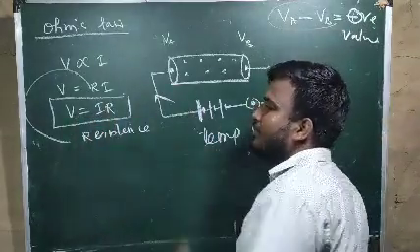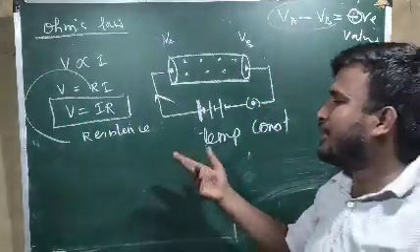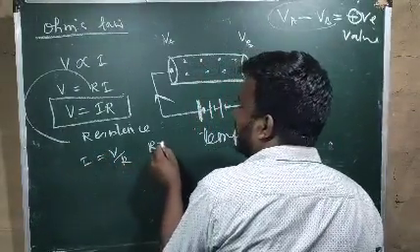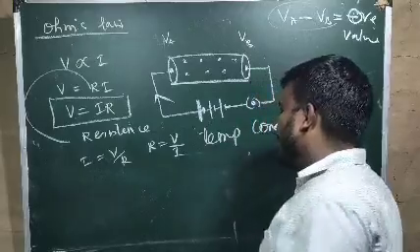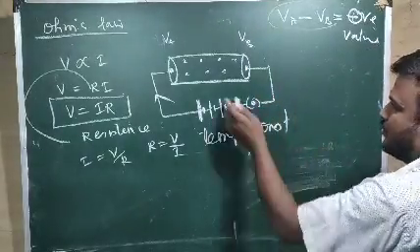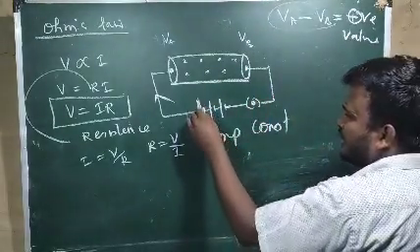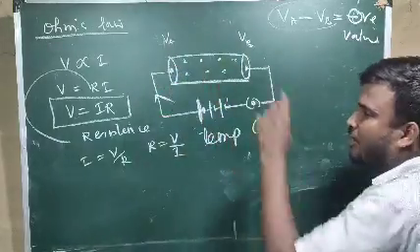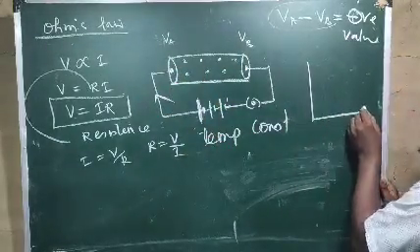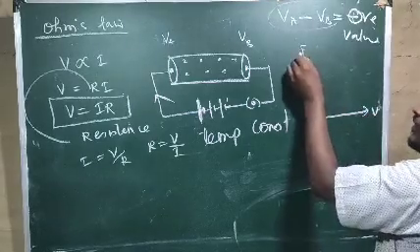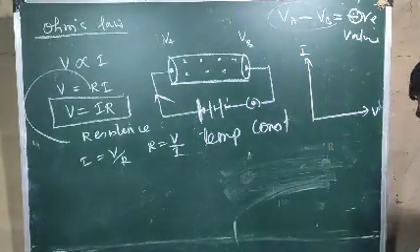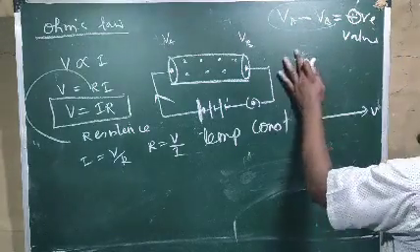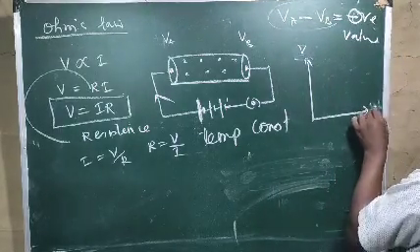So V equal to IR. From here you can write I equal to V by R, or also R equal to V by I. Now suppose for this circuit, if you increase the potential difference between these 2 points, then current will also increase, as told by Ohm's law. So when you plot a graph between V and I, anywhere you can take, no problem.